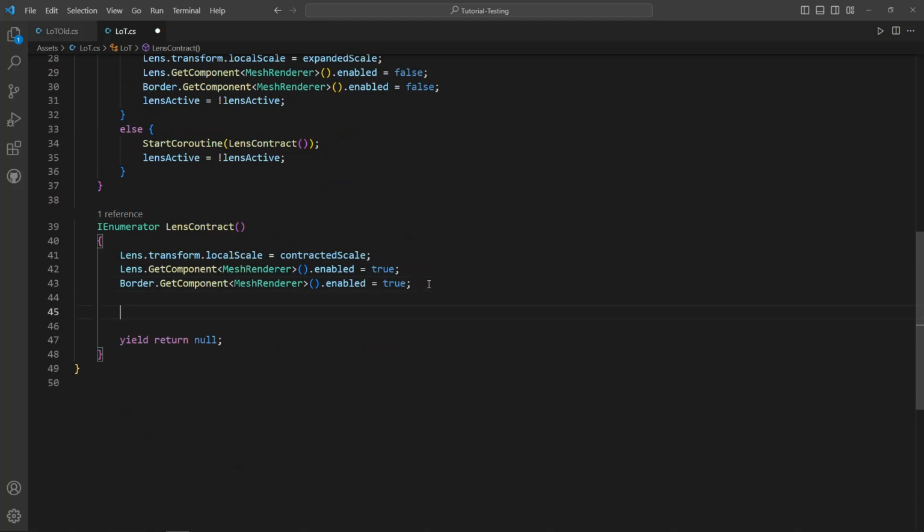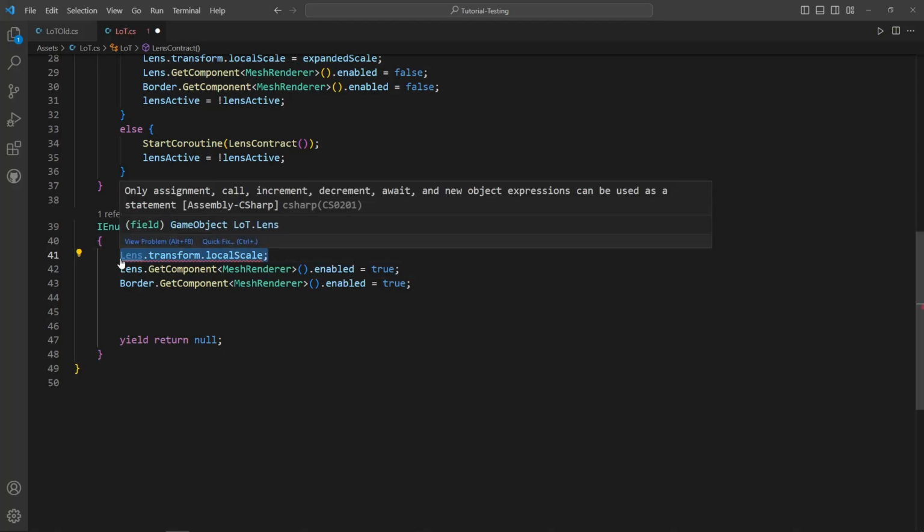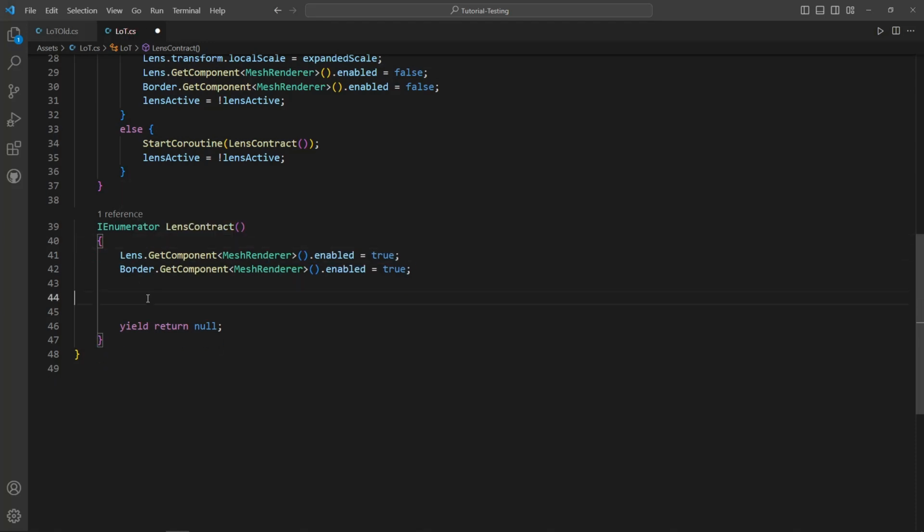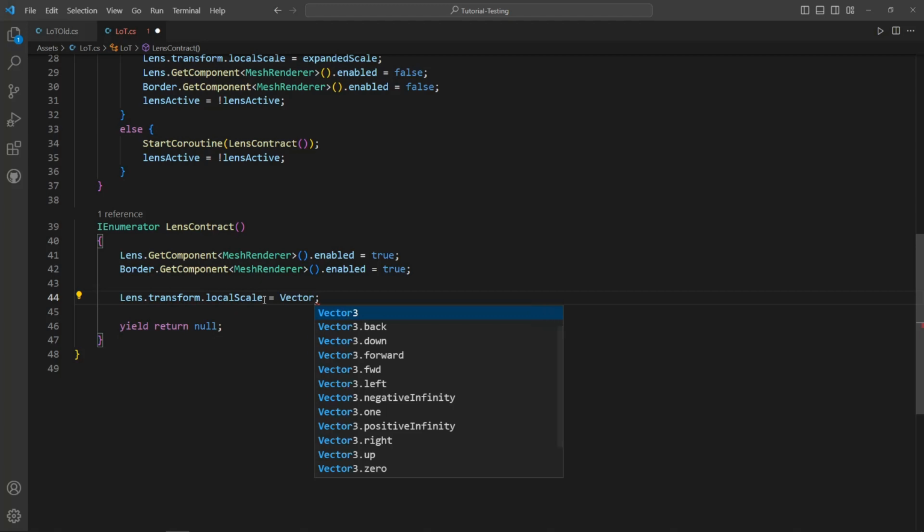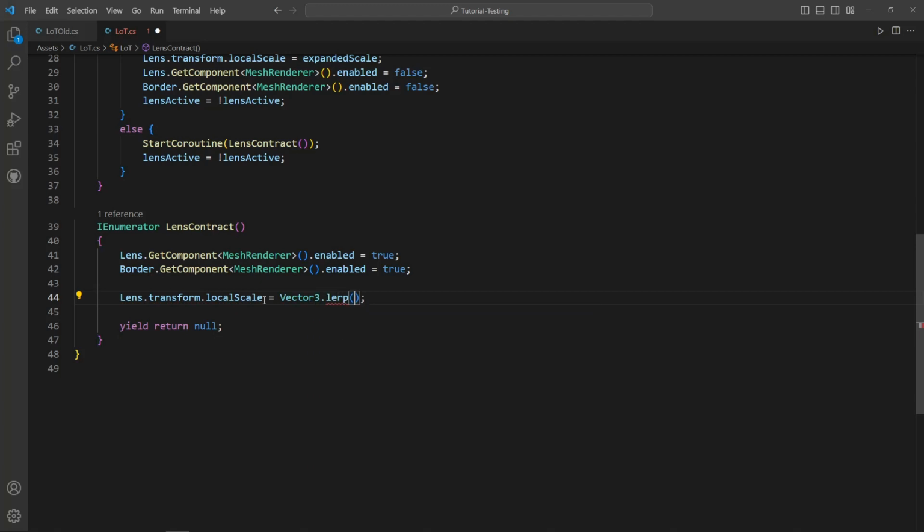So what we can do is get rid of this. And I'm going to copy this line and put it right here. And I'm going to say the local scale is equal to Vector3.Lerp, which means just lerp between Vector3s. I think maybe this needs to be capital. Is that right? Oh, no. Lerp. There we go. So what we do is provide the starting vector, the ending vector, and then